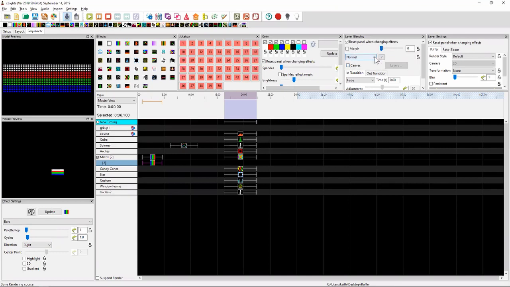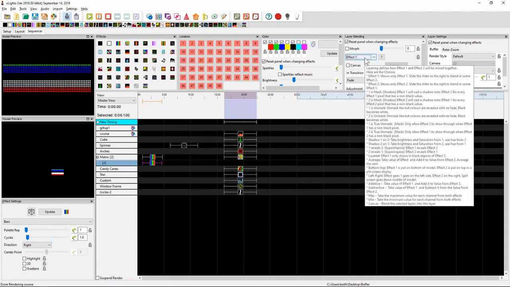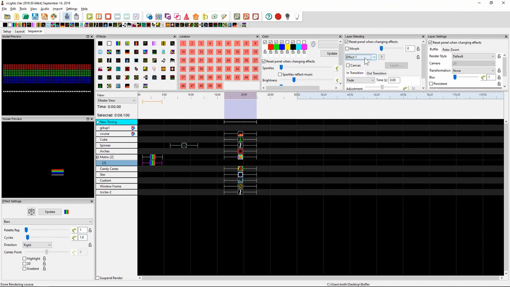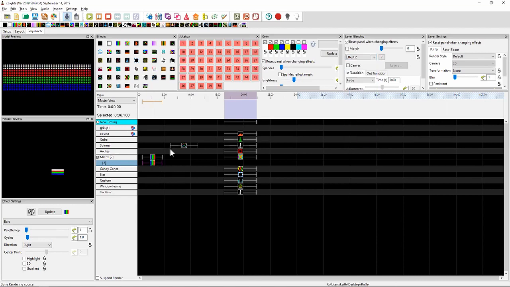And in fact, if we come to this effect 1, you'll notice that nothing changes. The effect 1 kind of dates back to version 3 of xLights, where you used to only have 2 layers and you could choose effect 1 or effect 2 or blend the 2 together. Effect 1 basically just selects the top effect. If I select effect 2,